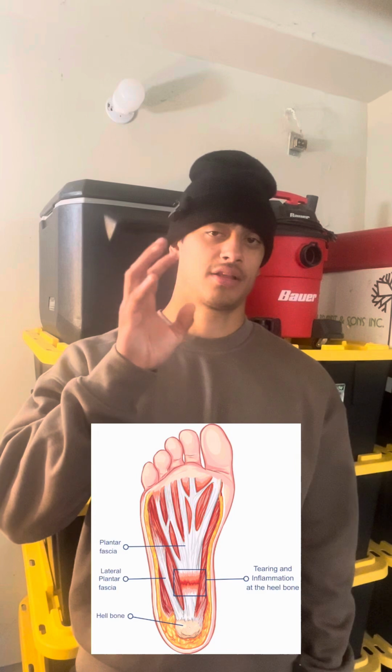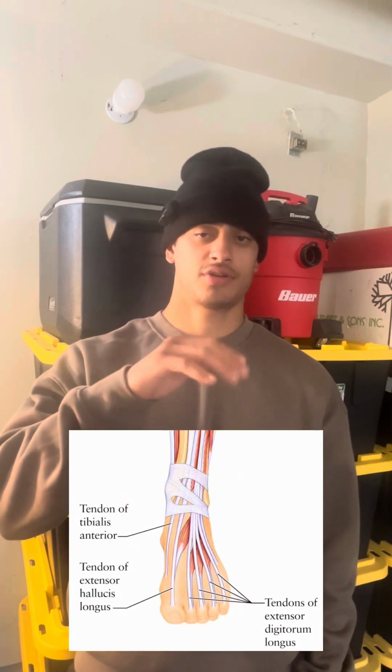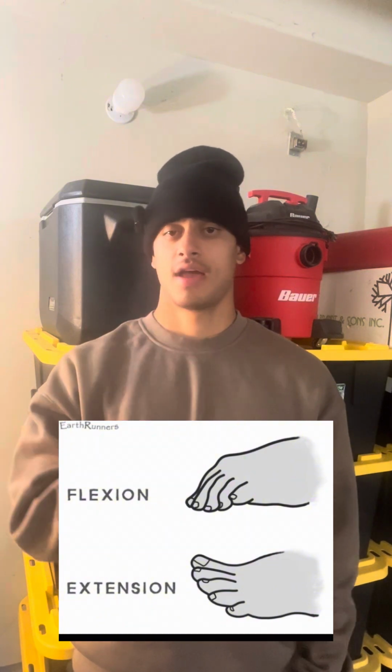And yes, it's good getting the lower leg strong, but we gotta even think about the bottom and the top of the foot. So flexion with your foot is training more of your plantar fascia and everything. And extension with the foot and your toes is training the top of your foot, which is where your extensor muscles, like your extensor hallucis longus and your extensor digitorum brevis, are. And that would actually keep you more structurally sound if you're training the top and bottom of your foot, with your toes going up and then your toes going down, and then the top and bottom of your shin, ankle,